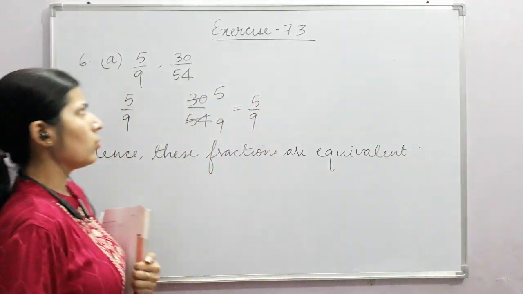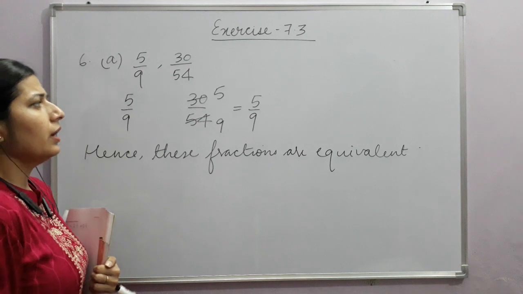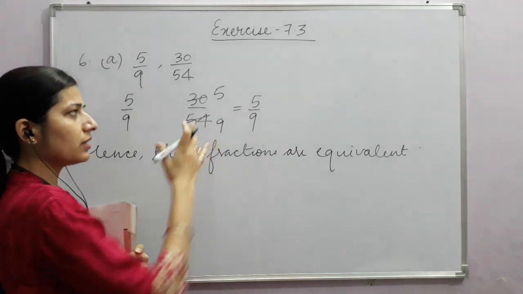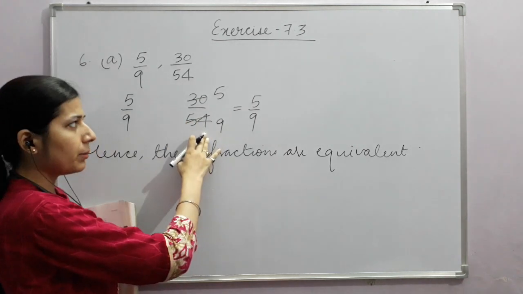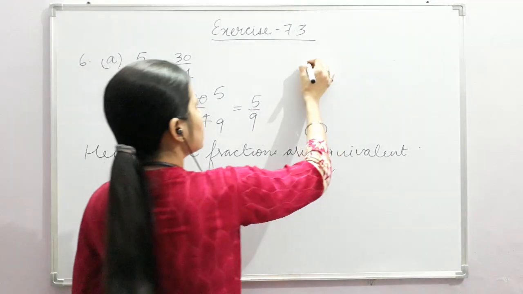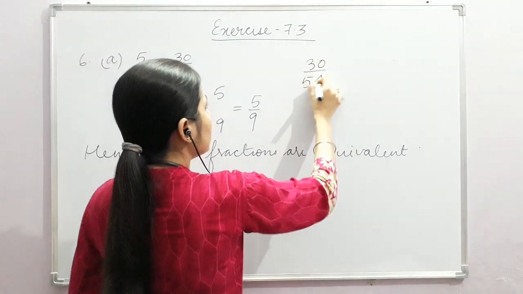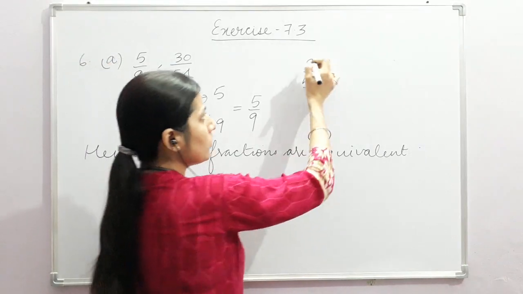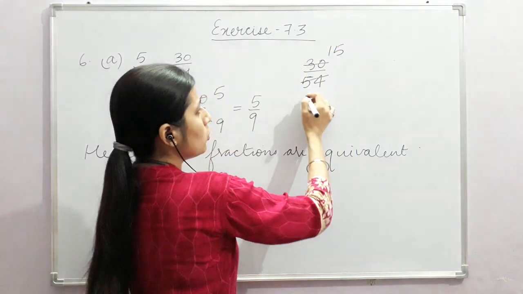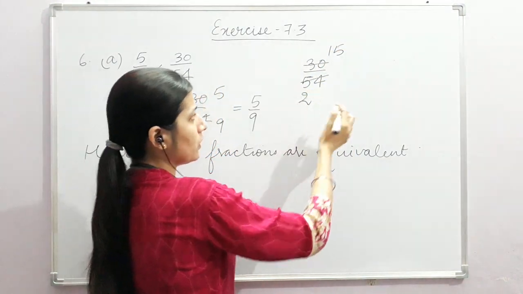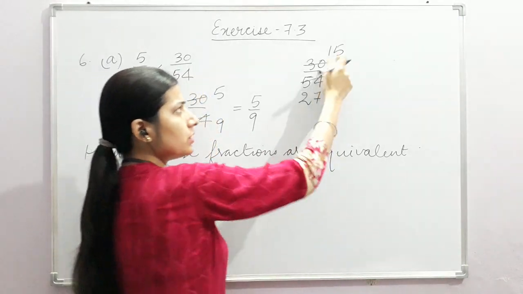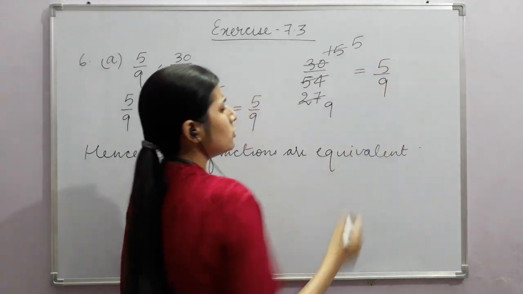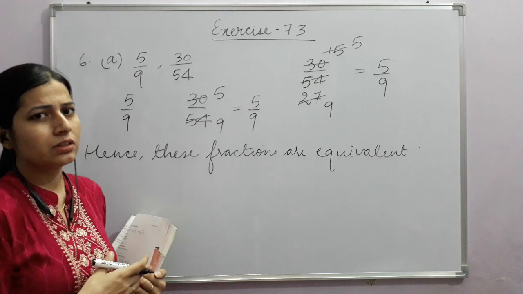Some of the students may ask how to reduce 30 upon 54. There are different ways of reducing the fraction. If you want to reduce it directly by a single number, then you can reduce it directly as I have reduced 30 upon 54 by 6. And if you want to reduce it by any other number, you can do that. Like it can be divided by 2 also, 2 fifteens are 30. And if I divide 54, 2 twos are 4, 1 is left, 14, 2 sevens are 14, so 27. Again I can reduce it. 3 fives are 15 and 3 nines are 27. So you will be getting 5 upon 9. This is your choice how you want to reduce the given fraction.